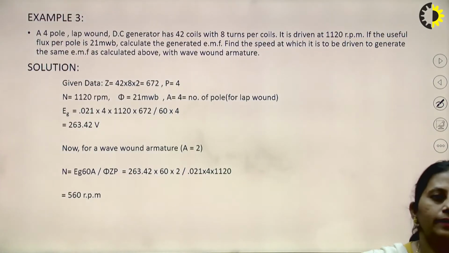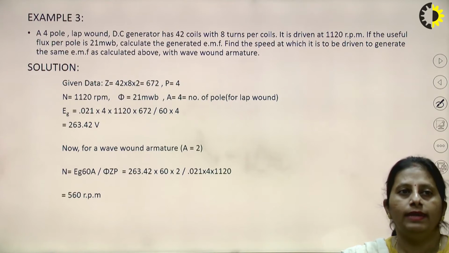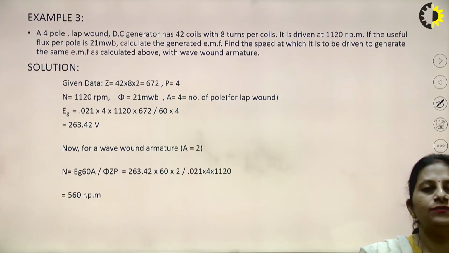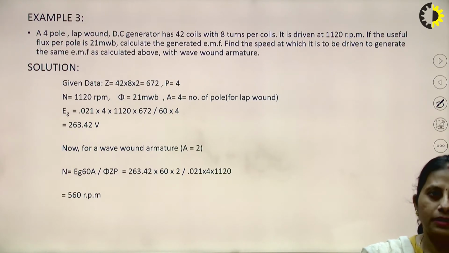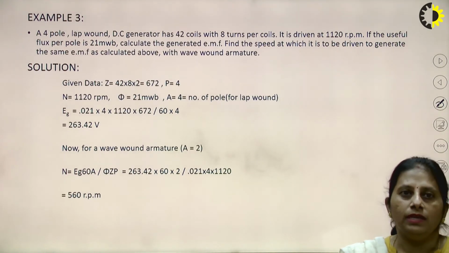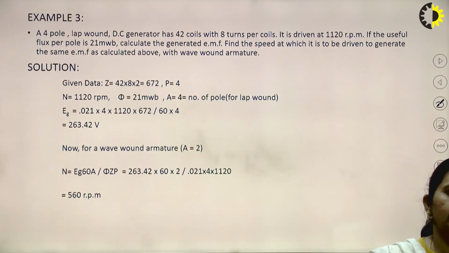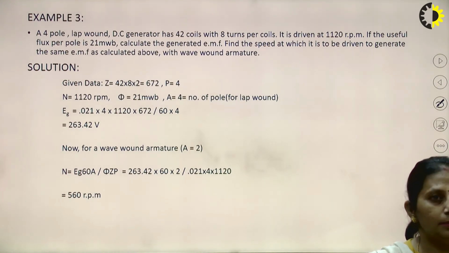Now going for another example, a 4-pole lap wound DC generator has 42 coils with 8 turns per coil. It is driven at 1120 rpm. If the useful flux per pole is 21 milliweber, calculate the generated EMF. Find the speed at which it is to be driven to generate the same EMF as calculated above with the